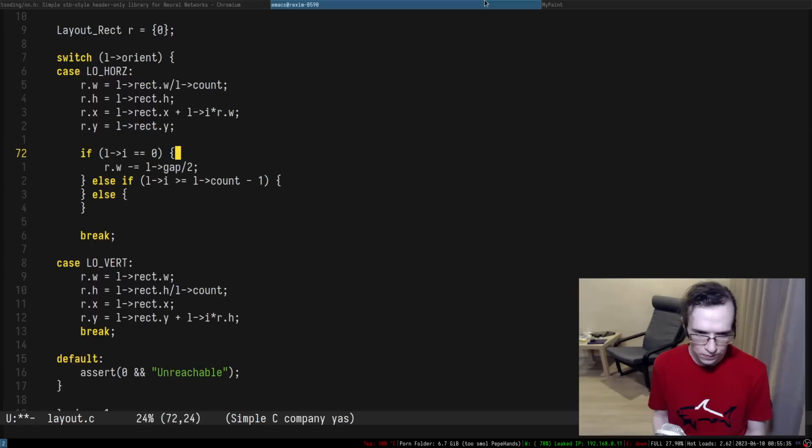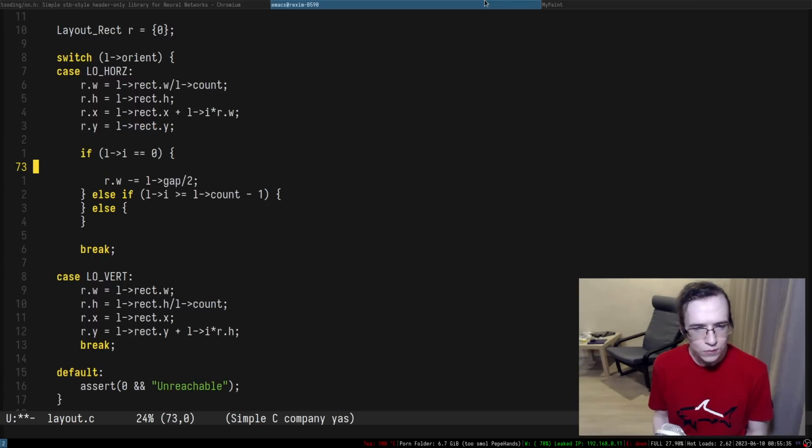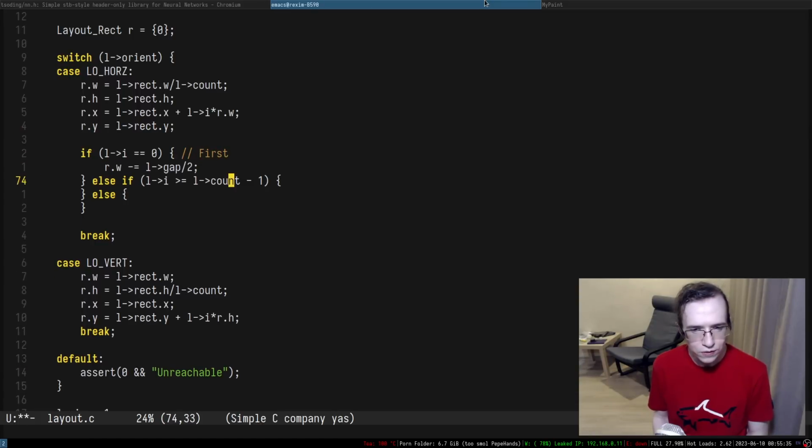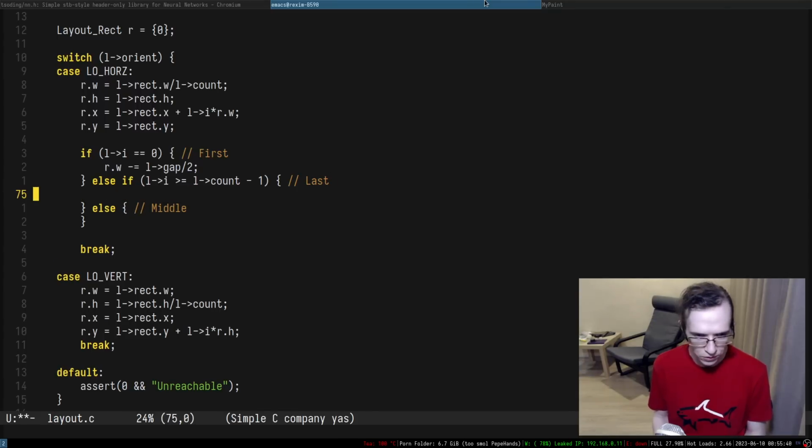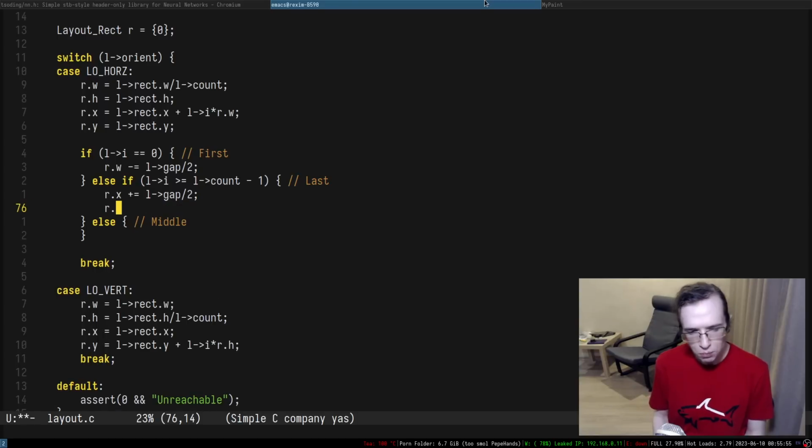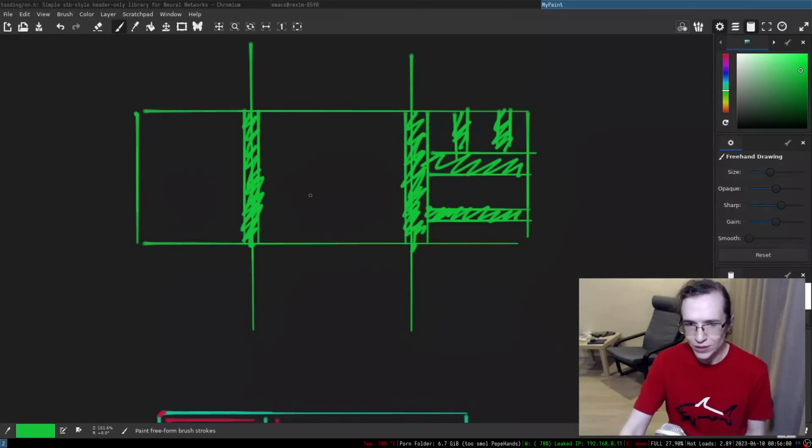Right, so we can put something like first, last, middle. Yeah, something like this. So in this case, we take our x and we add half of the gap. We keep y the same, but width is going to be subtracted with the full gap, because we have half of the gaps on both of the sides.